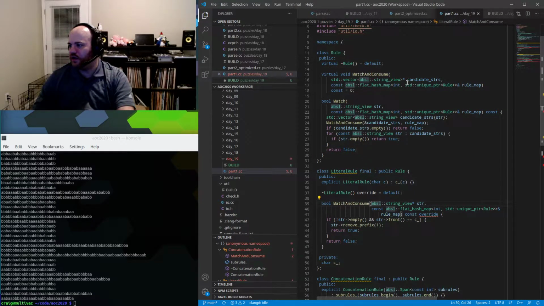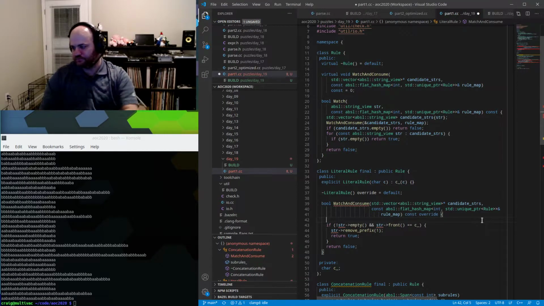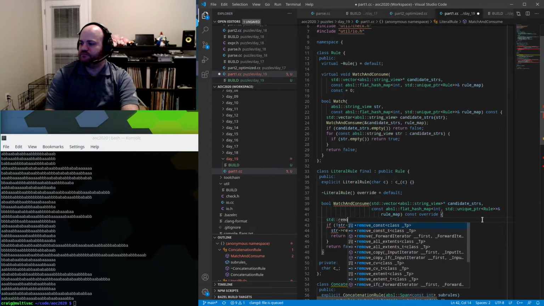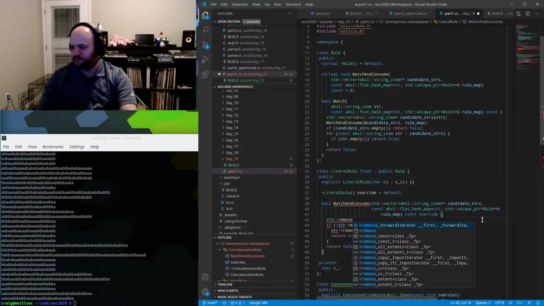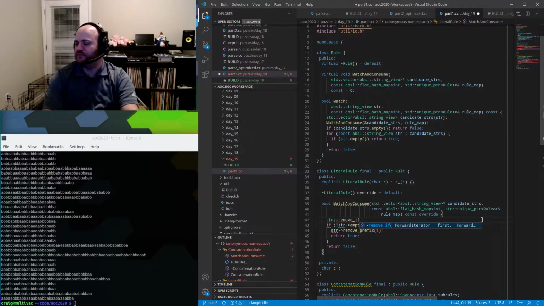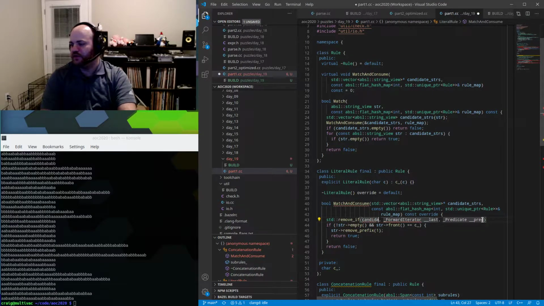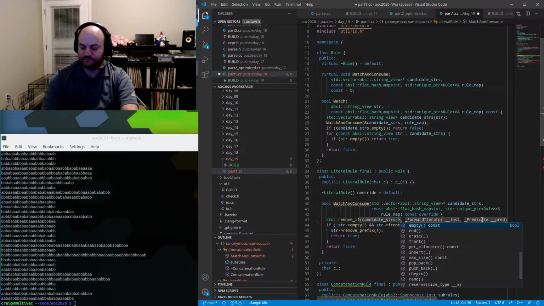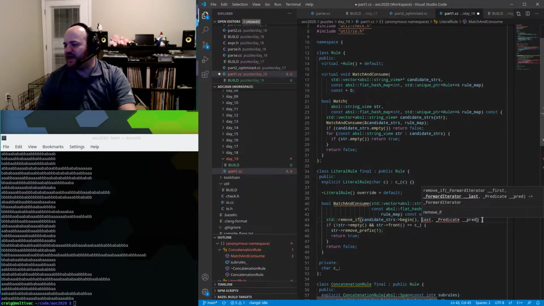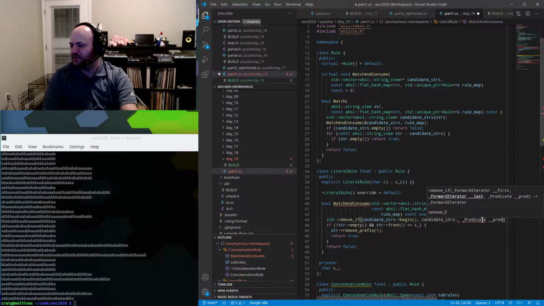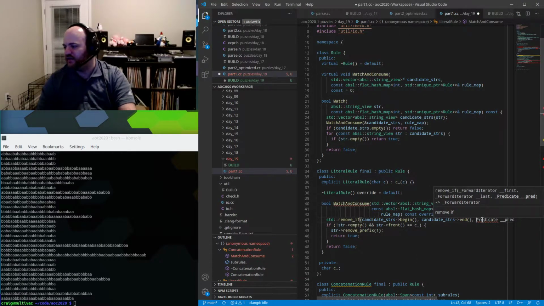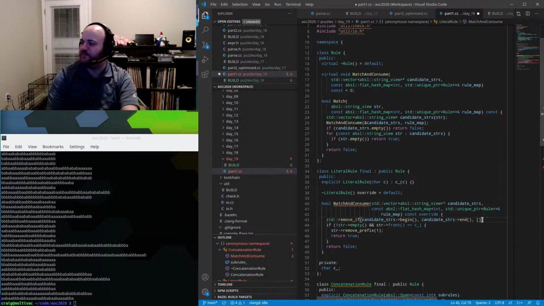So now the signature of these is going to change a little bit. We're going to use remove if here to remove anything from candidate strs that doesn't possibly match this literal rule. I'm beginning to wonder if vector might not be the absolute best container for this. Maybe a list or something like that might work better if we're going to have to splice this stuff. I might change that, but for now,